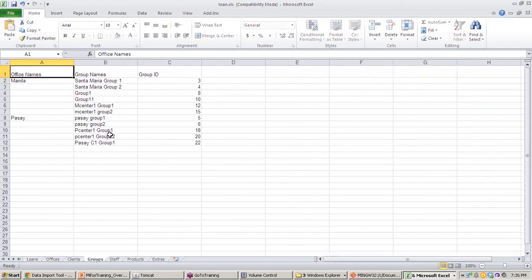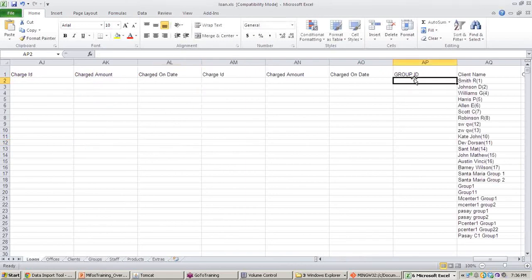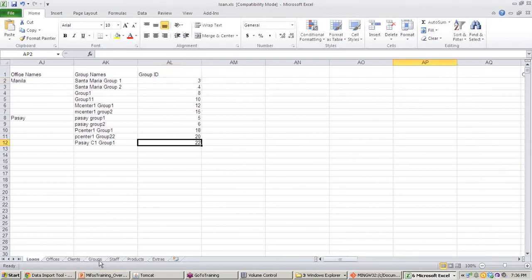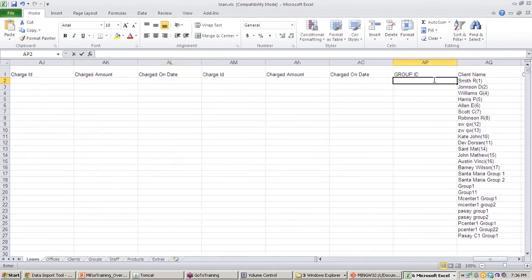The group name we have given is PASE C1 Group 1, and the group ID is 22. It is available with the groups. Just go to the loan and provide that group ID, 22. Enter it again and save it.